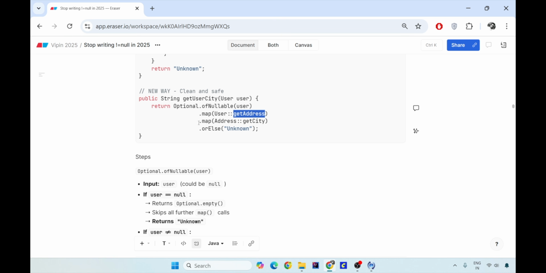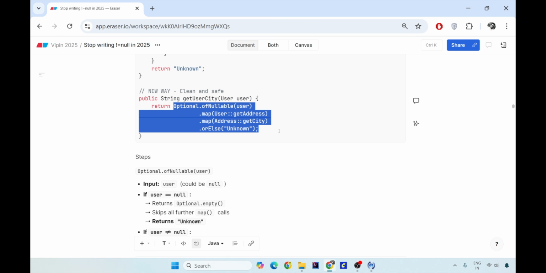Then you can map it to city. So all your users are now specifically mapped to city. So suppose you have user 1 Delhi, user 2 Pune. Then the last of this map will be Delhi, Pune, or else unknown. Now I'll tell you step by step what this beautiful compact code will do.